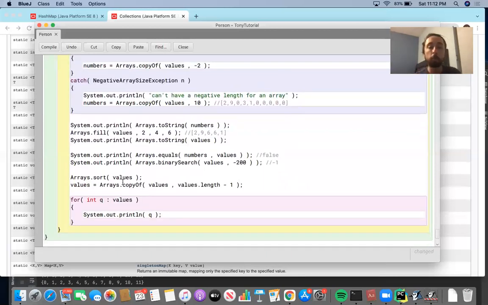You could say values equals Arrays.copyOf values with values.length -1. So what does this line do? It seems like we're taking a copy of the values array and we're assigning it into the values variable. But here, the length of the new values array is going to be the current length of the values array -1. We're going to say Arrays.copyOf values with values.length -1. So it's going to shave off the last element from values, but give us everything else in the array. It's just going to reassign it. And then we're going to say for int q in values, System.out.println of q. So just a pretty clean for each loop there at the bottom, just so that we could see all the elements in the